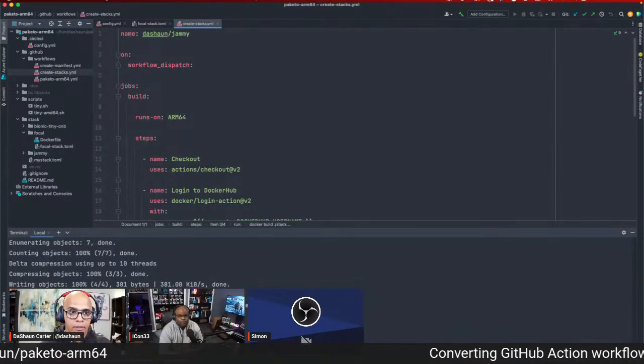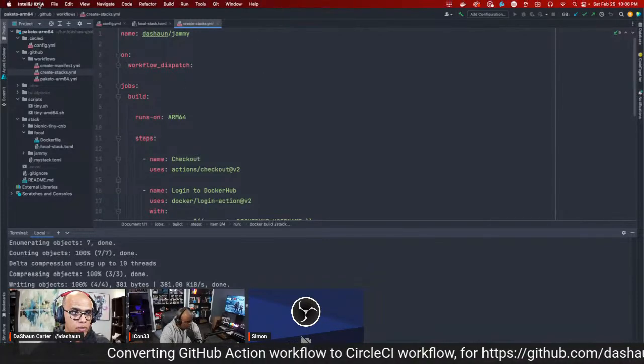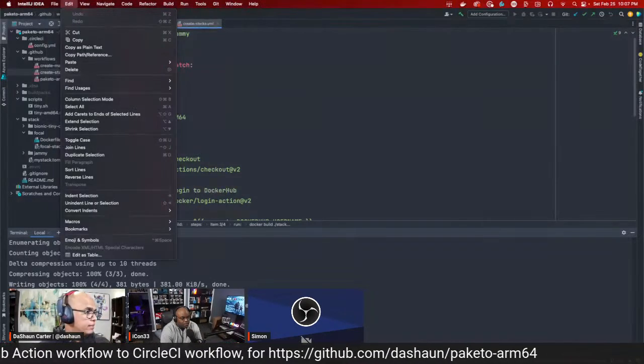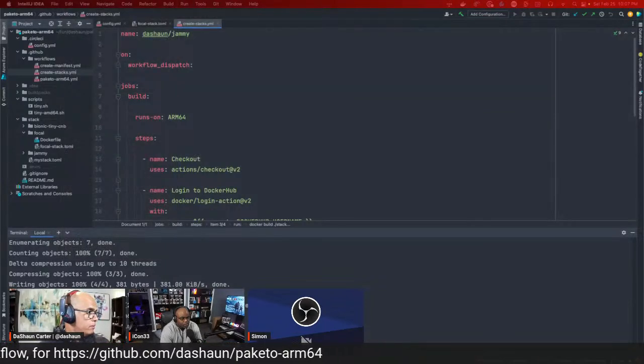Let me pull up what I'm talking about. Like what gets committed. Hello. What gets committed into your project? Oh, why is this doing this? File, open,